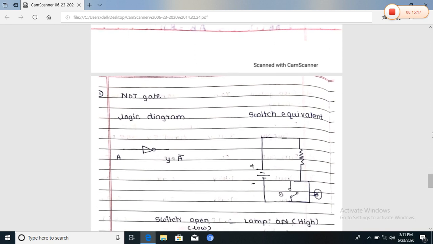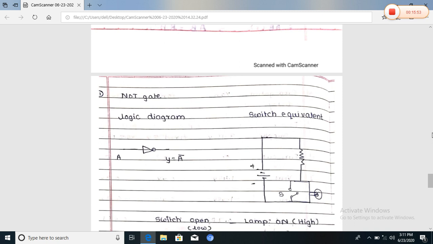Next, all these gates, in the last lecture we studied the AND law, NOT law, the basic gates AND, OR, NOT. With these laws we use the basic operation of the digital system by using the switching circuit as well as the transistor circuit or the diode. That logic we applied in a switch circuit or transistorized diagram. Then we see the logic of the NOT gate.